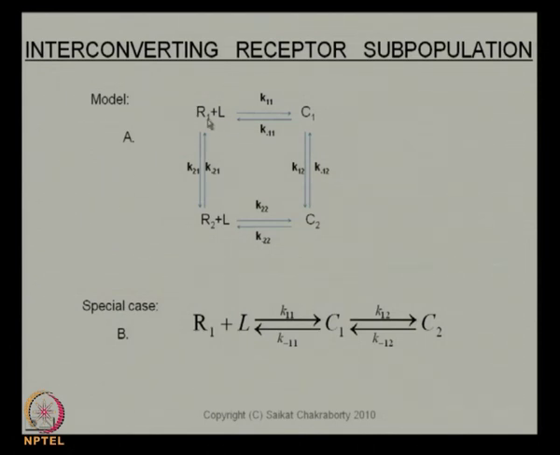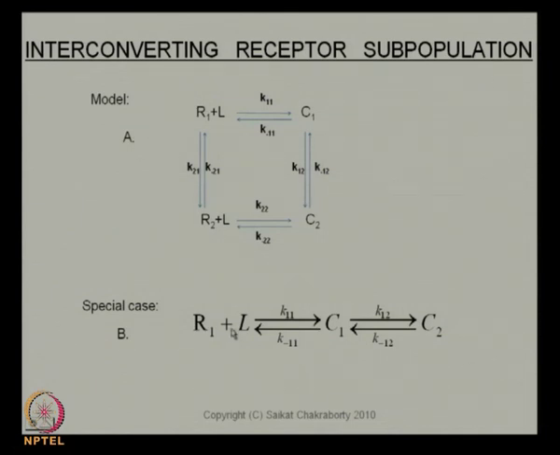So, remember, the only thing I want to point out here is that when I draw this line, for example the vertical line on the left, it is only the conversion between R1 and R2, and L is not involved in this reaction. Now, a special case of this is what you see over here, where the receptors themselves do not change